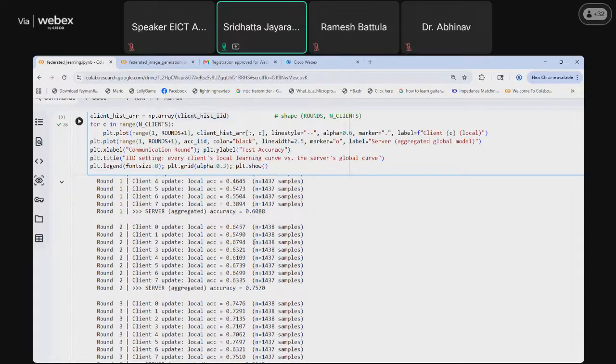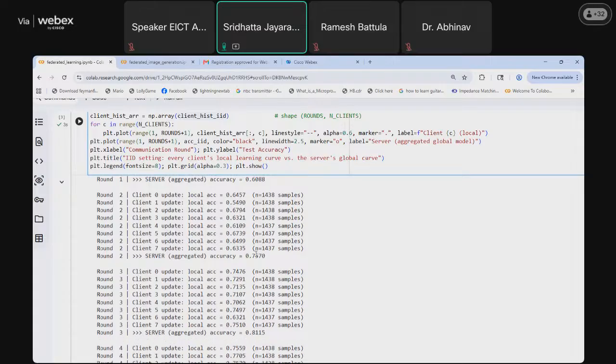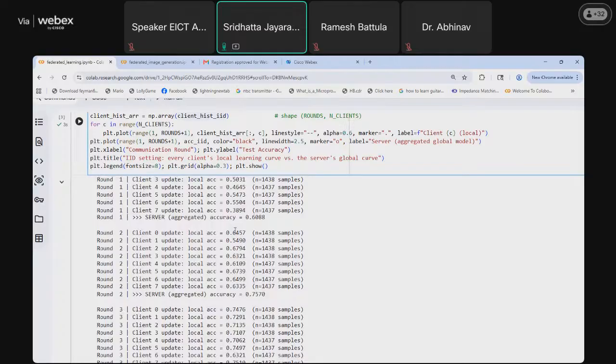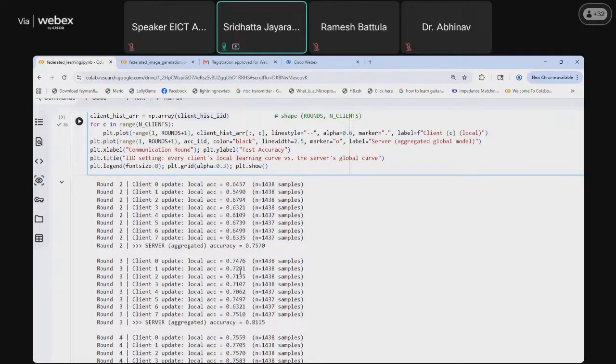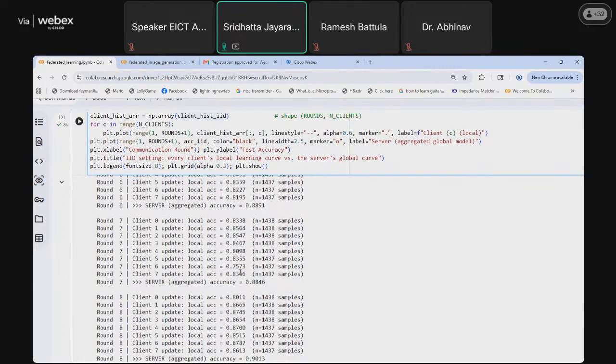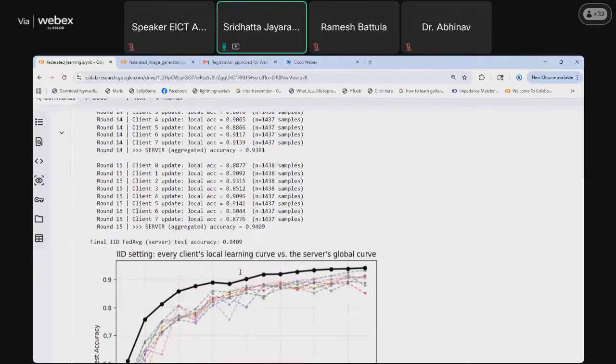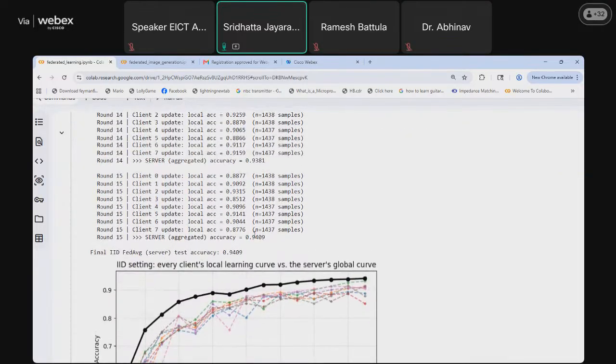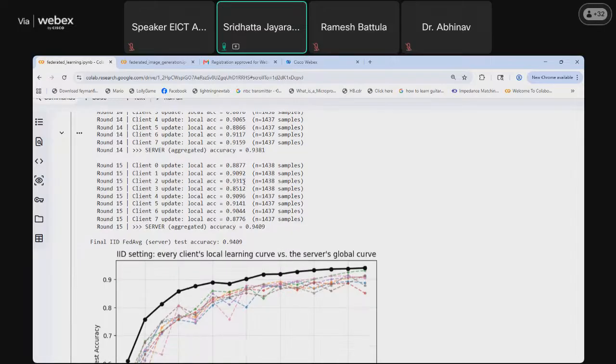Then after one round it improved to 75%, and the local accuracy of the clients also improved by almost 10%, to around 54, 64. And then at the end of 15 rounds, we end up with a server accuracy of 94%, and the client accuracy, well, it's headed to the 88 and 90s.